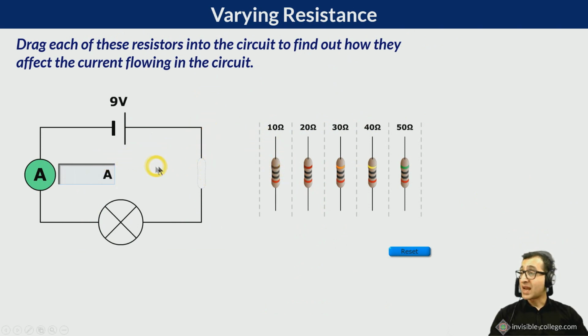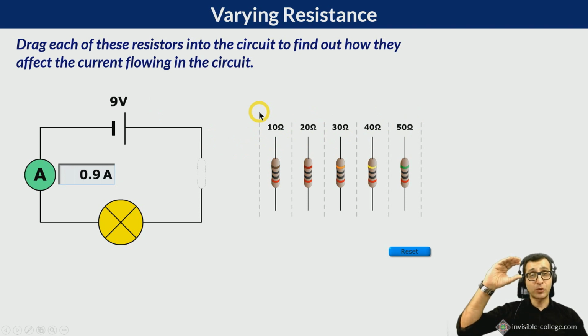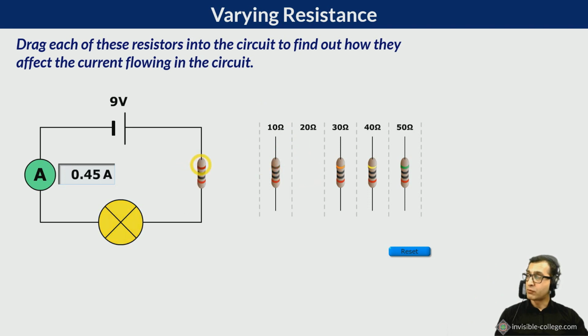Okay, so if we now increase the resistance, and again, by Ohm's law, if you increase the resistance, then you are going to decrease the current. Now, you can arrive at that conclusion either using Ohm's law. So again, thinking about it with Ohm's law, current is equal to voltage divided by resistance. If the voltage remains the same, but the resistance is increasing, then you're dividing a constant number on the top of that fraction, the voltage, by an increasing number on the bottom of that fraction. So if you now increase the resistance, you can see that we are